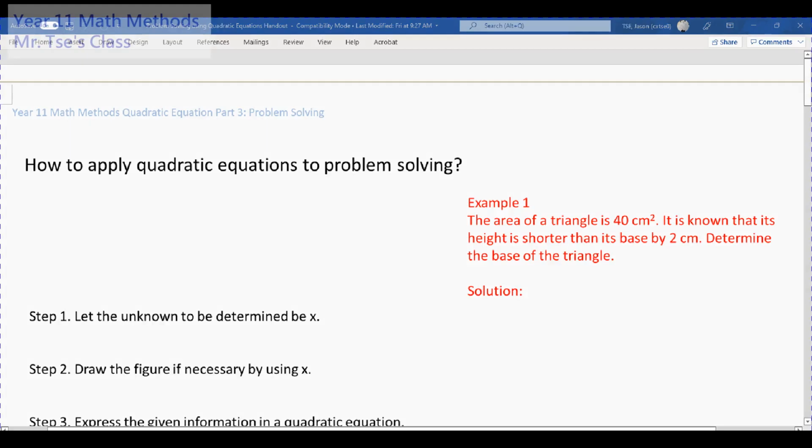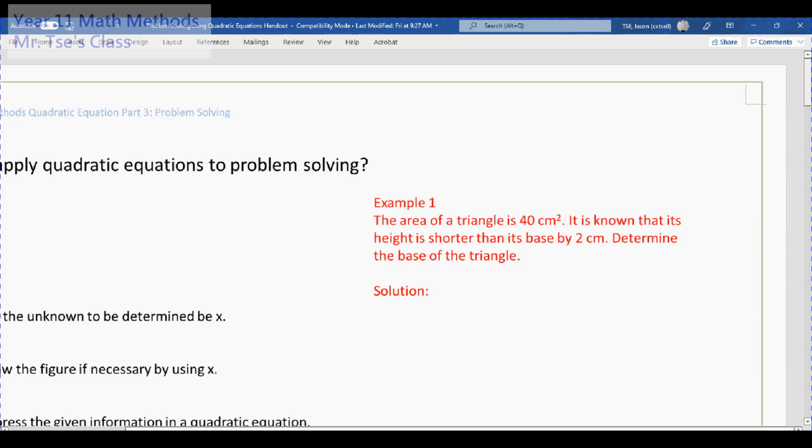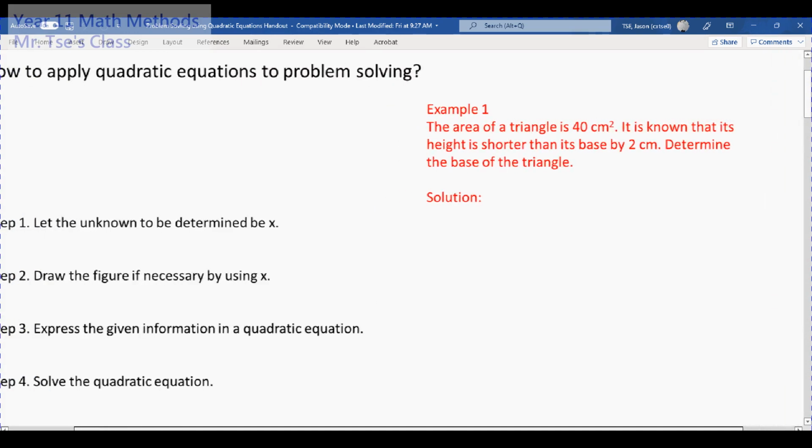Hi, hello. This is our fourth video on quadratic equations, and this is just a very short video about the application of quadratic equations. So we'll try to use quadratic equations to solve some word problems. Okay. So, for example,